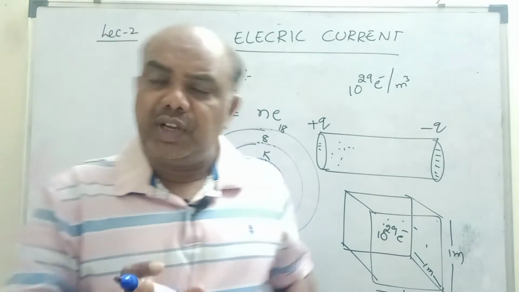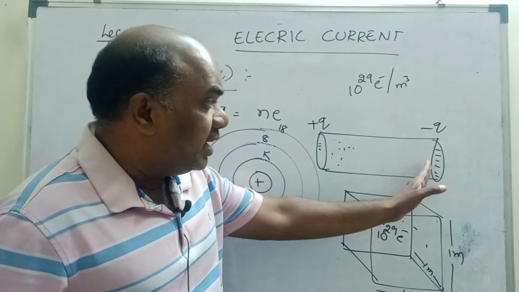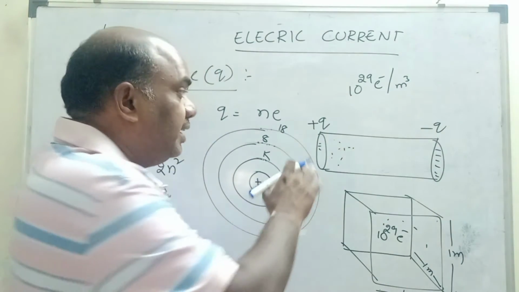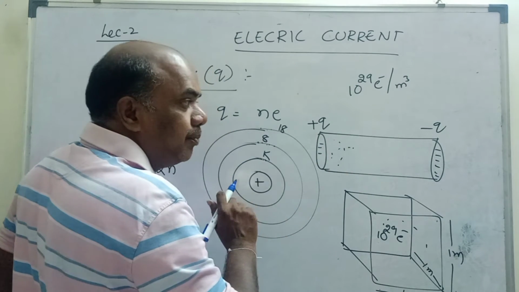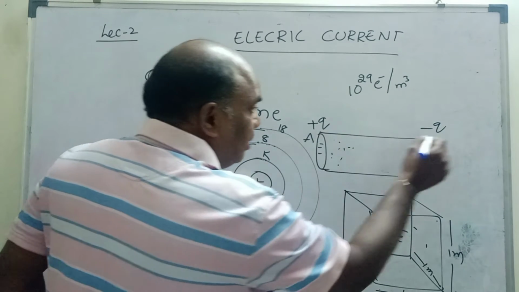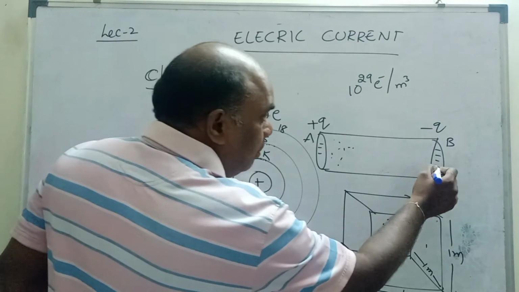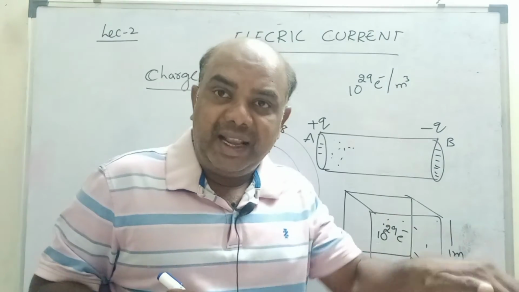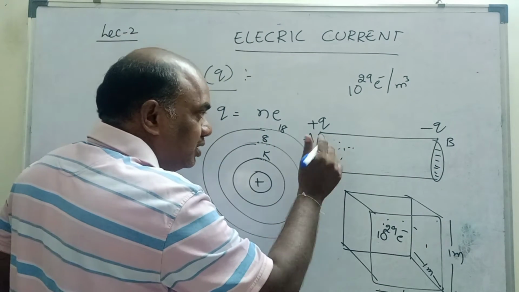Positive charge and negative charge both are electrons only, no doubts. But at which terminal more number of electrons are present, that is negative charge. At which terminal less number of electrons are present, that is called positive charge. This is A terminal, this is B terminal. A terminal has 3 lakhs credit, B terminal has 10 lakhs credit. That means he is more in minus, so this is negative charge. Here this is called positive charge.